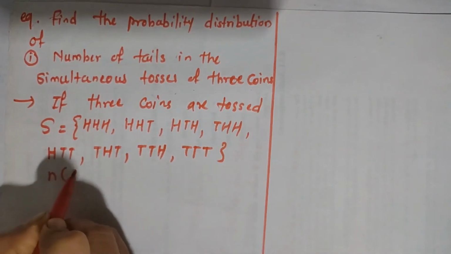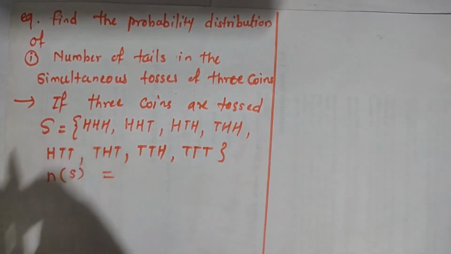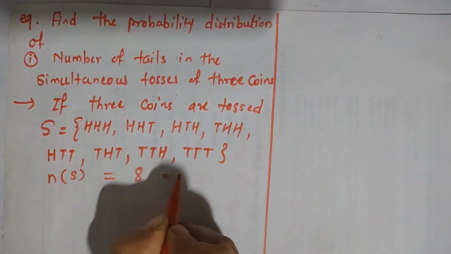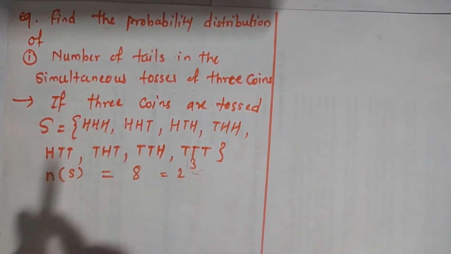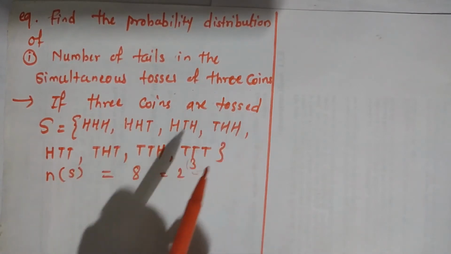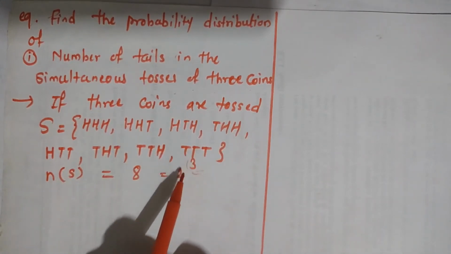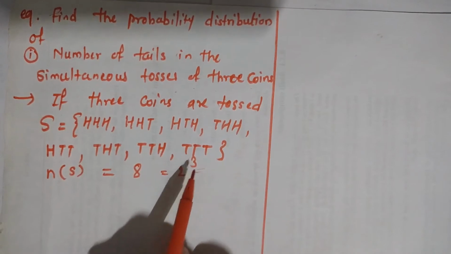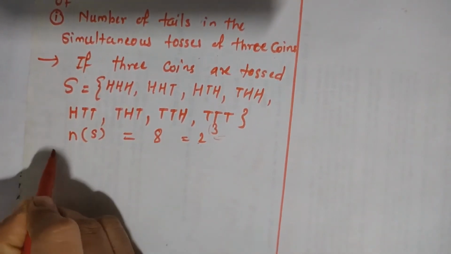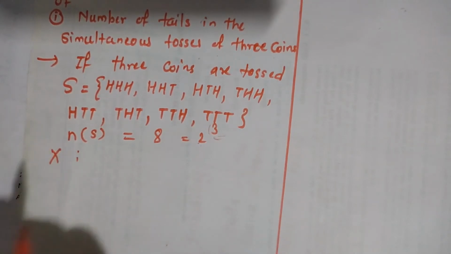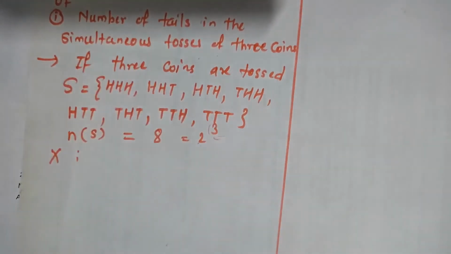So the number of sample points n(S) is equal to 8, that is 2 raised to 3, where 2 is raised to the number of times the coin is tossed. Here the coin is tossed 3 times, so 2 raised to 3 is equal to 8. Now here X is a random variable, given as the number of tails